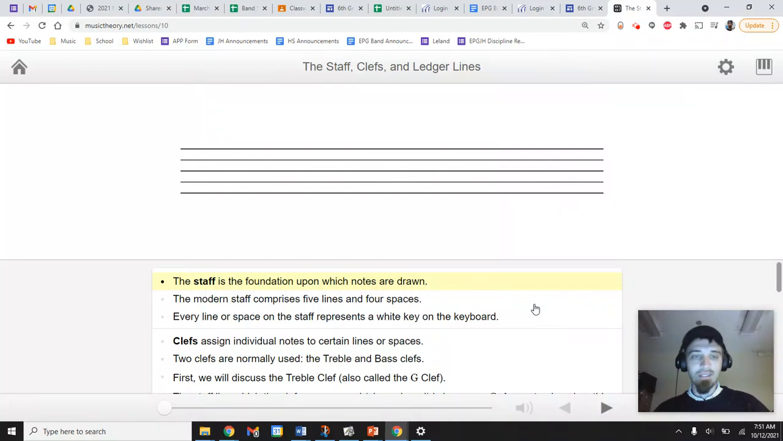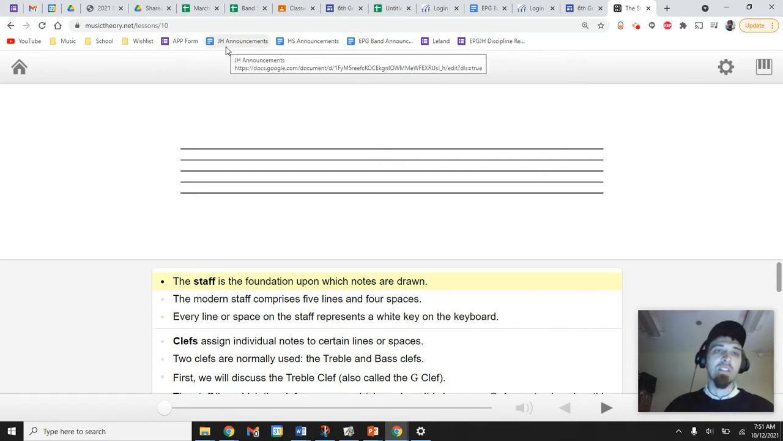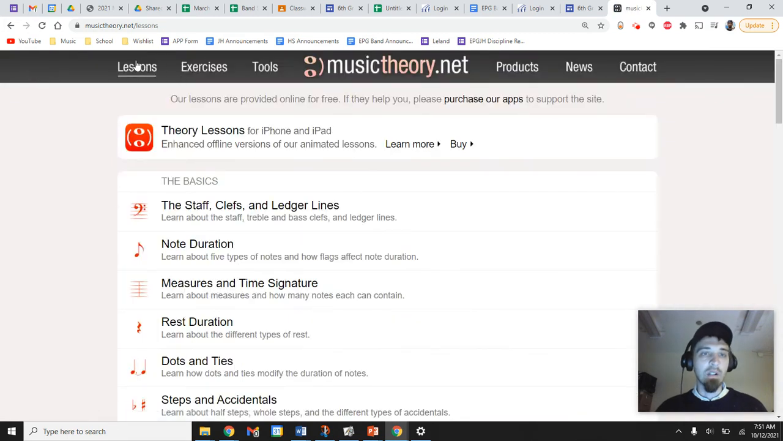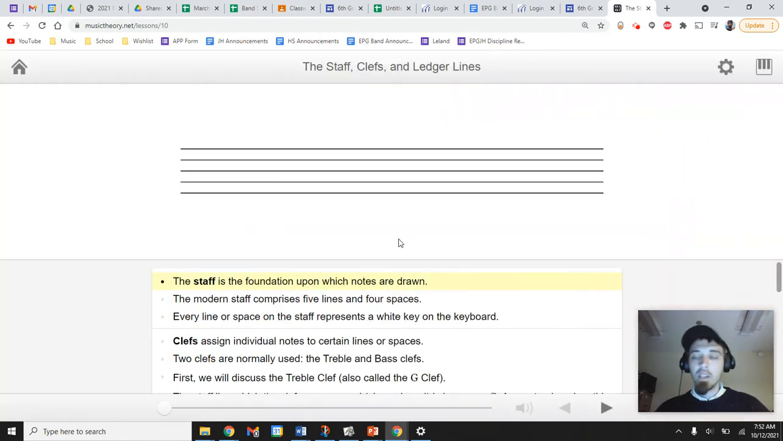I'm here to talk about how to read the note names on the staffs: the treble clef staff, the bass clef staff, and the grand staff. Now, the website that I'm using today is musictheory.net, and if you go to that website, you can click on Lessons, and then I'm looking at the staffs, clefs, and ledger lines exercise. So I'm just going to go through step by step explaining what they say and making sure that you understand